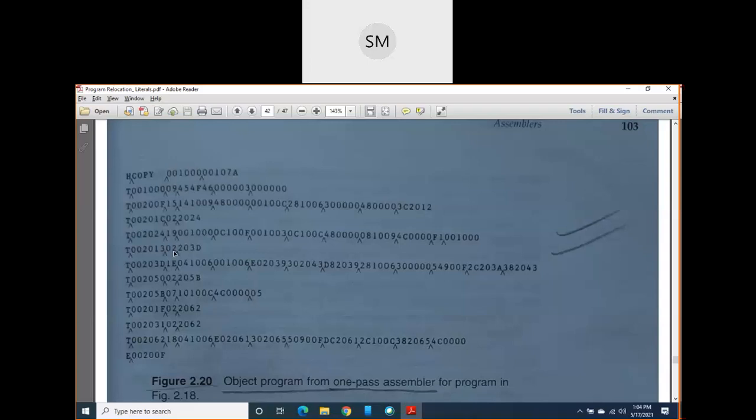Opcode of JSub, everything I have written here as 48, 48, and here 48. This is for this 48, first one, because JSub read record is used only one time in your program. JSub is used with write record 2 times, that I have written here also, and here also. Now I solved this one.